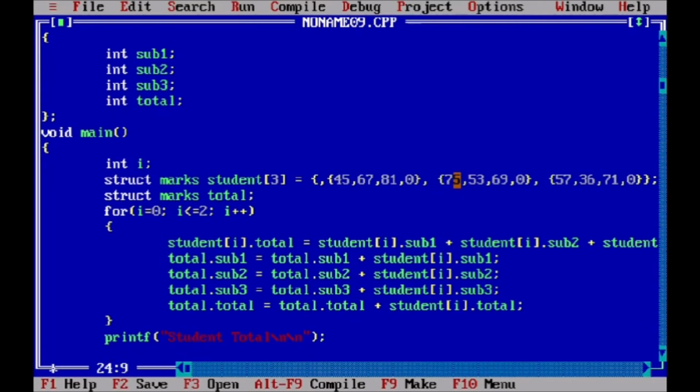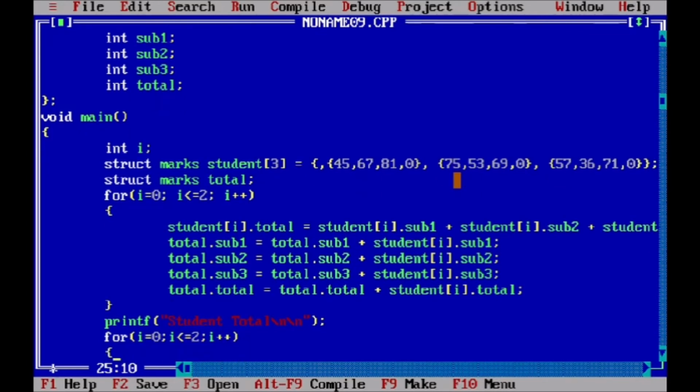For that we again use a for loop, and we print the value of students' marks.